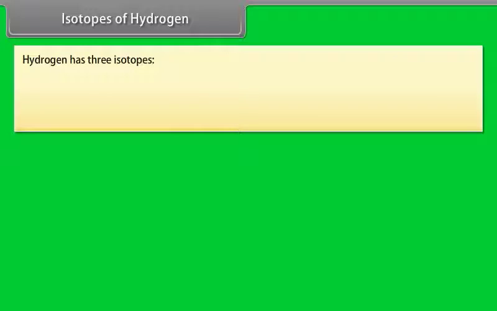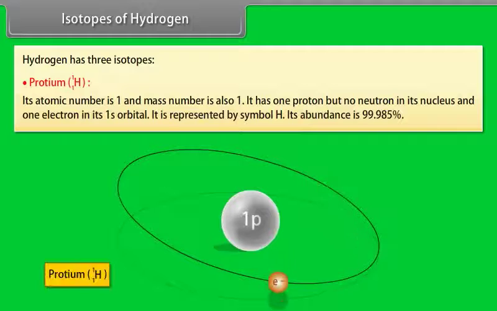Isotopes of hydrogen. Hydrogen has 3 isotopes. Protium. Its atomic number is 1 and mass number is also 1. It has 1 proton but no neutron in its nucleus and 1 electron in its 1s orbital. It is represented by symbol H. Its abundance is